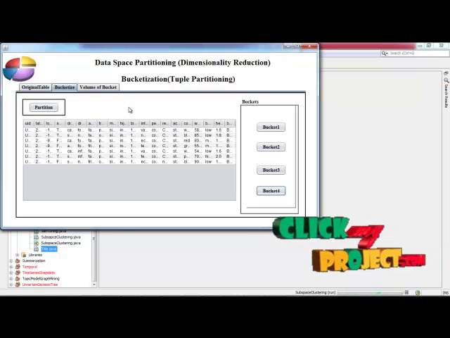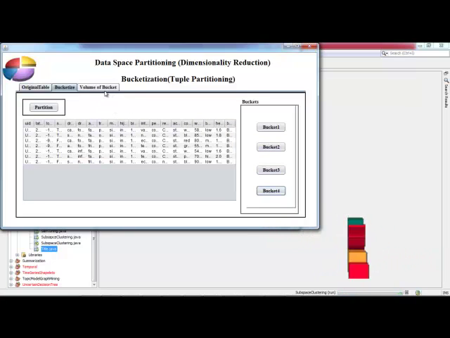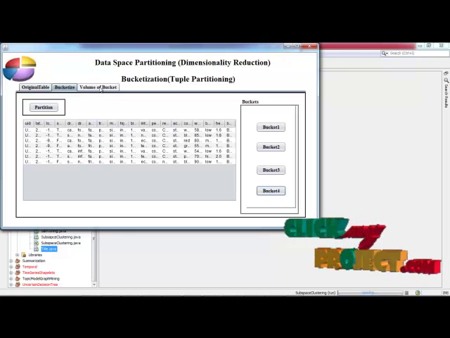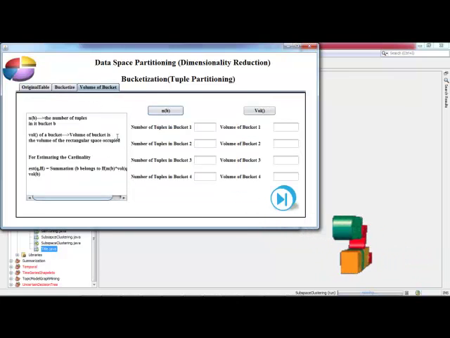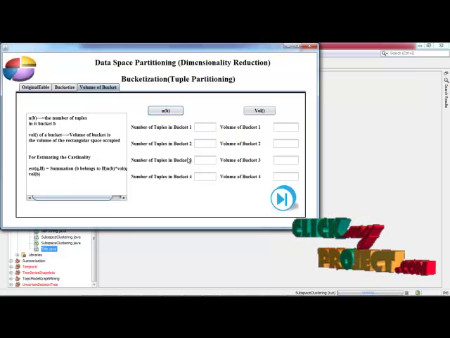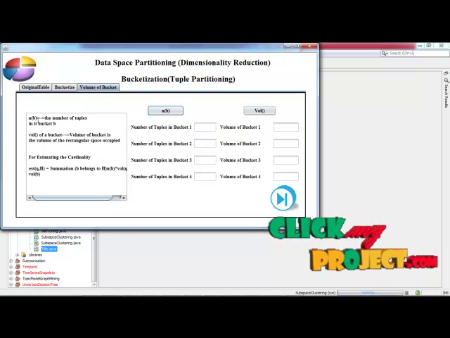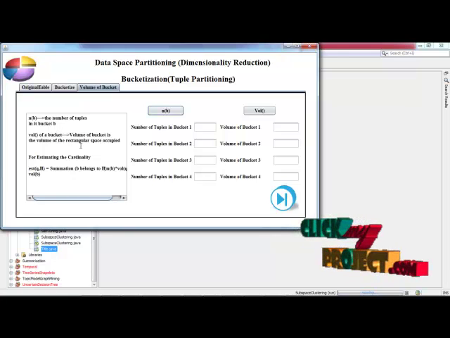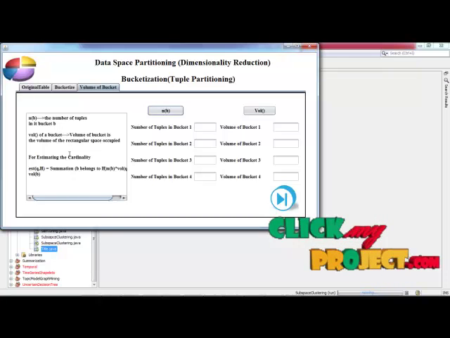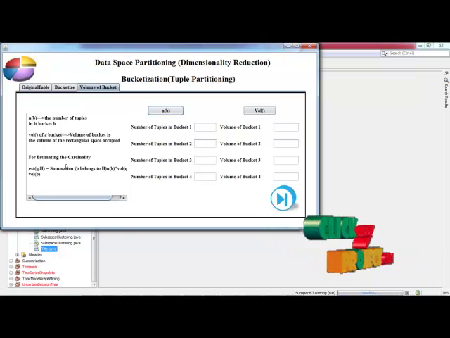After we partition the data into buckets, here we are estimating the volume of buckets. Here we are calculating the number of tuples in bucket B. Then volume of bucket is the volume of rectangular space occupied, and also used for estimating the cardinality.